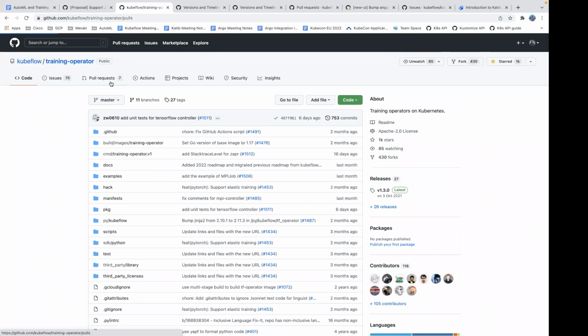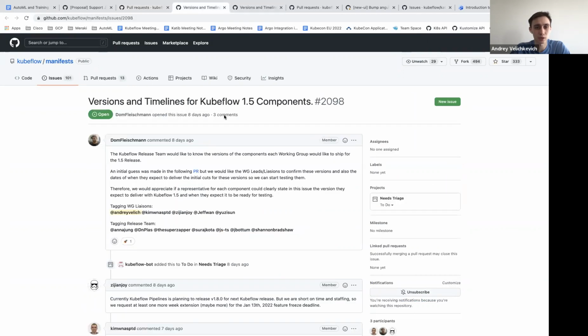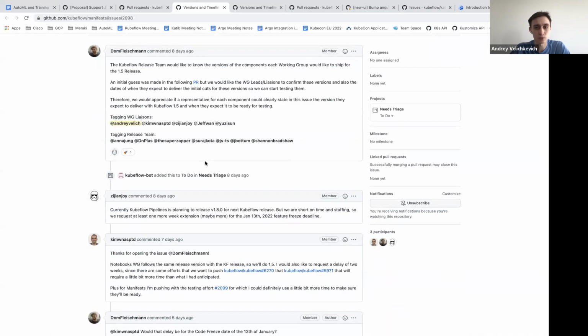We have to double check, but again, we are actually ready for cutting the RC there, right? So I'll double check once again with Terry and Gauche. Yeah, because we probably should also comment in this issue the version that we're going to use for training operator. Thank you for that.